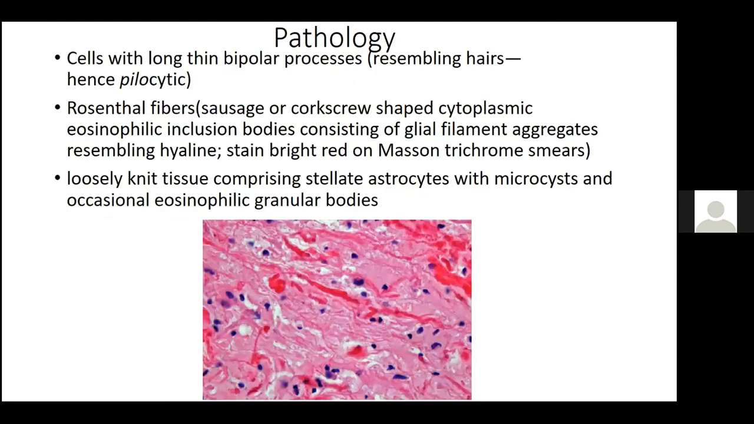Pathology, so they're called pilocytic astrocytomas. Pilo means hair because they have cells with long, thin bipolar processes. They also have these Rosenthal fibers, which are sausage or corkscrew shapes, eosinophilic inclusion bodies. And they stain very bright red on Masson trichrome smears. And then they also have loosely knit tissue comprising stellate astrocytes with microcysts and occasional eosinophilic granular bodies. So these are very characteristic looking histology